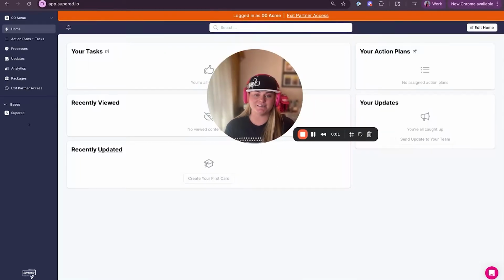Let's learn about bases. So bases, simply put, are a way that you can structure and organize your content. You can think of a base like the top folder in a folder structure. Bases, you will find them on the left-hand side of your Supered account. When you create your Supered account, first log in, you will have a Supered base automatically created in there, but